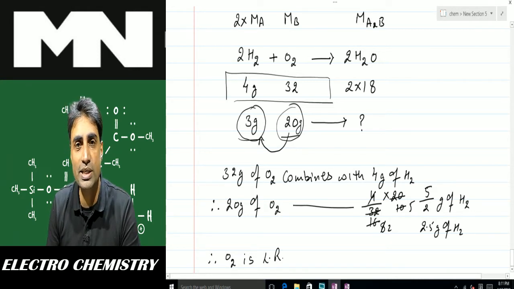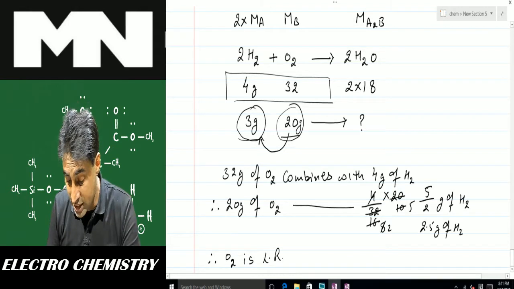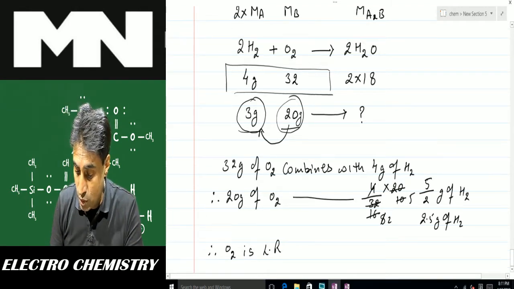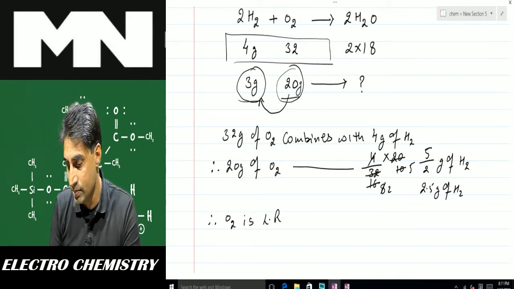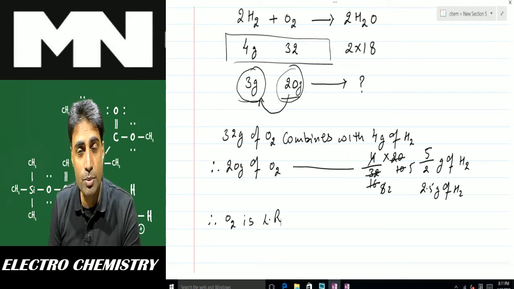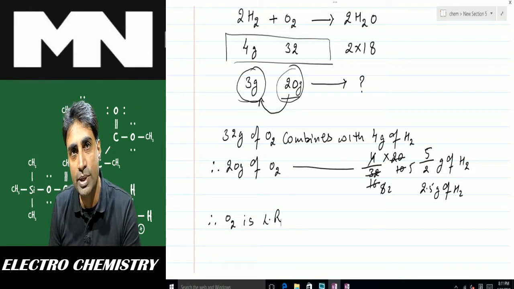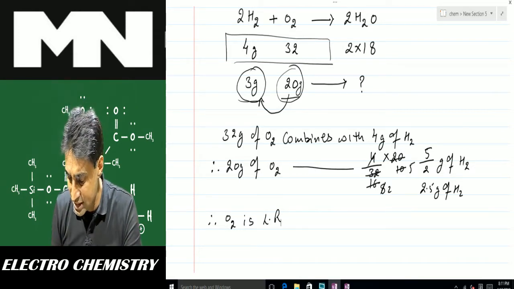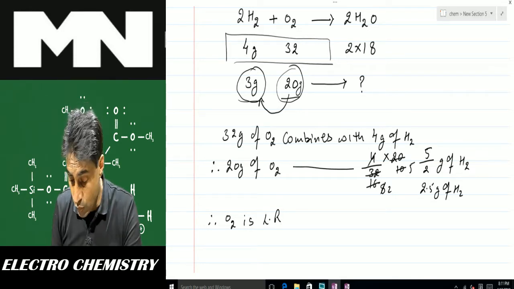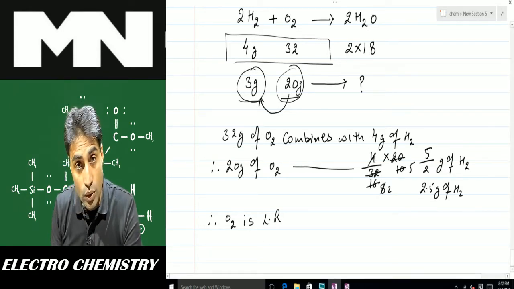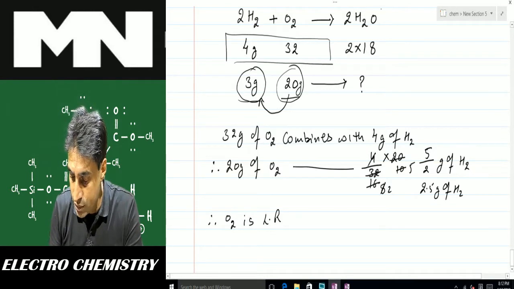As soon as the limiting reagent gets exhausted, the reaction will stop. So the amount of product formed largely depends on the quantity of the limiting reagent. Now once I come to know my limiting reagent, then I can easily predict the quantity of product formed, because the quantity of product formed depends on the quantity of the limiting reagent. So here in this case I can compare the quantity of water formed with oxygen. If you look at this equation, from here you can see